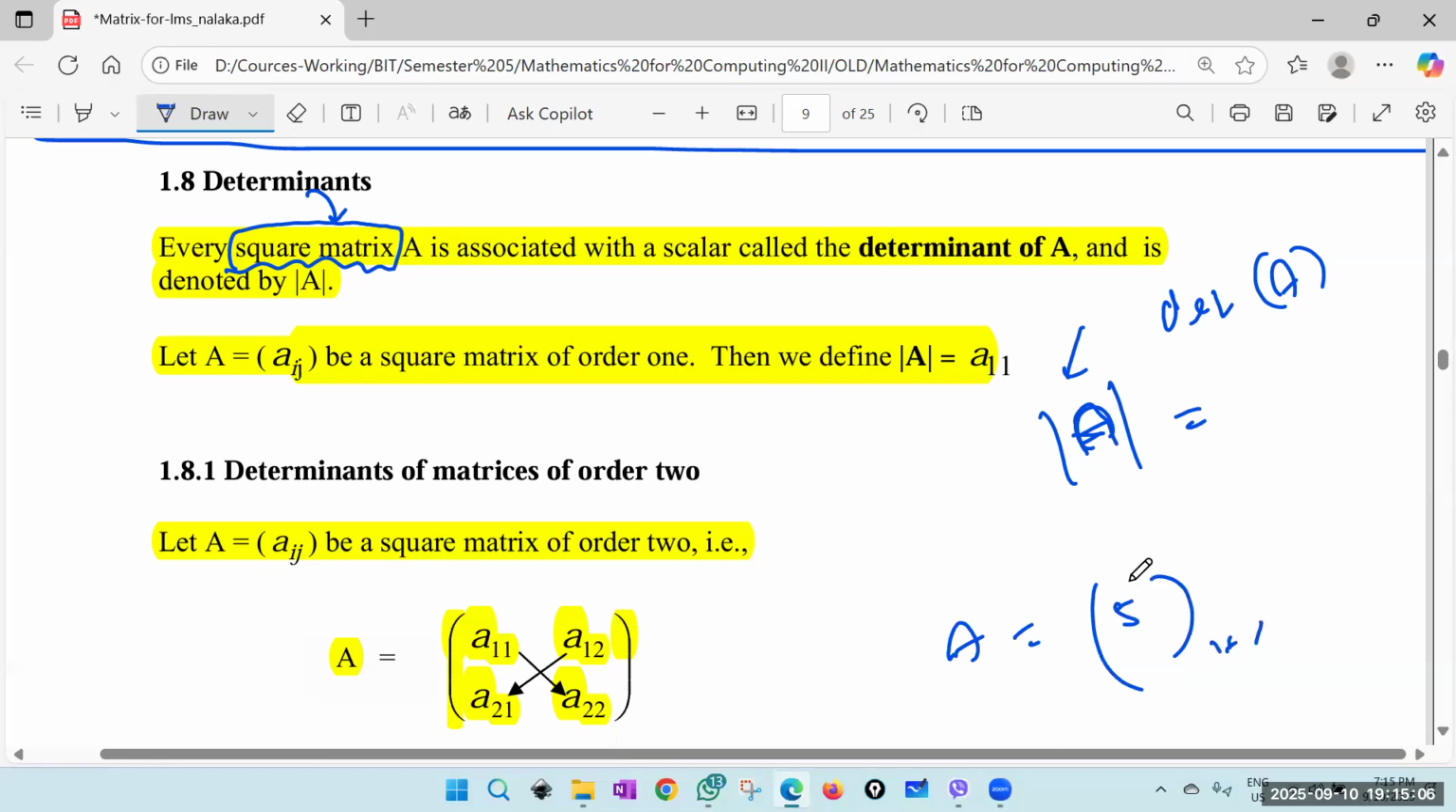Its determinant is that value itself. So therefore, the determinant of A is again 5. If the only element is -3, the determinant is also -3. Okay, so this is just a definition. Now if you have a 2 by 2 square matrix, order 2,